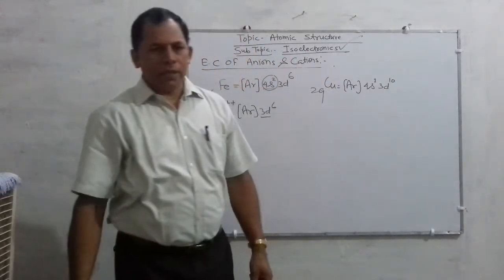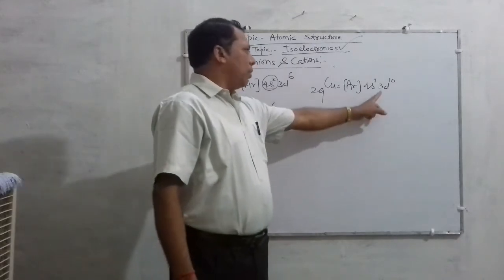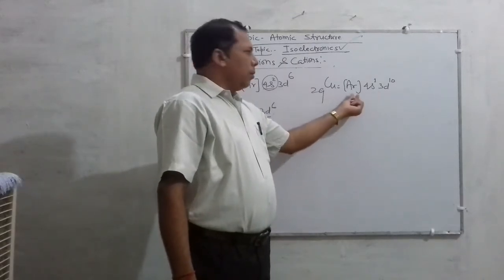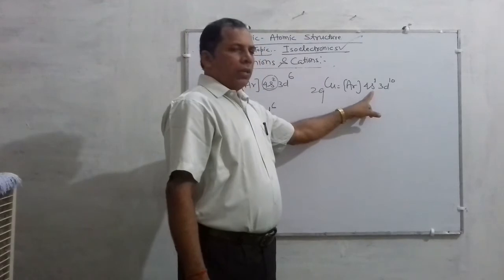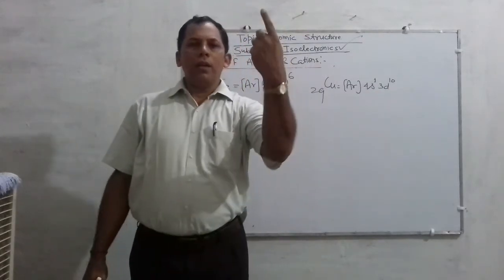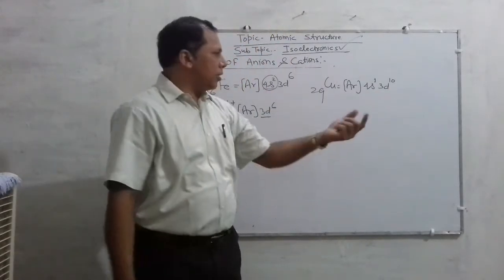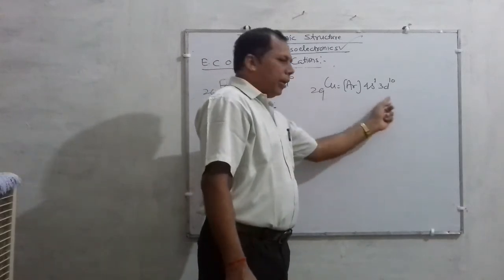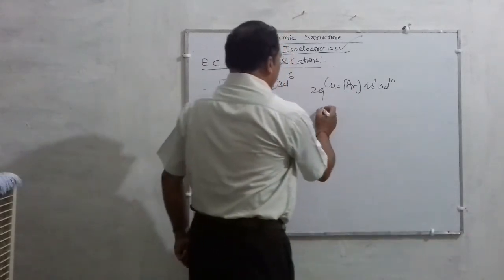Children, it is an exceptional case, maybe this one. Count 18 plus 1, 19, and 19 plus 10, what? 29. Get 29. Right? Suppose we have to write in the form of cation,